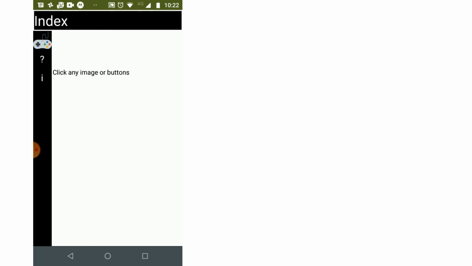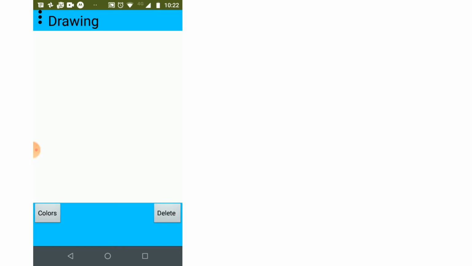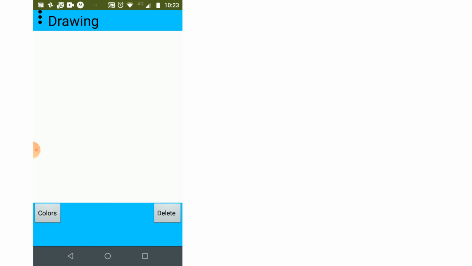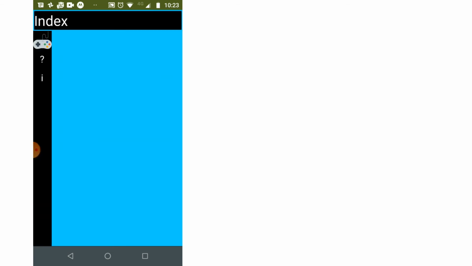Click any image or a button, and we click the next button, and here we see the two buttons. We clicked the paint one, so we can do any line, any form, and change the colors. And when you shake it, it's going to erase it. And also, if you click the button, we are going to go again to the menu, and we are going to try the new